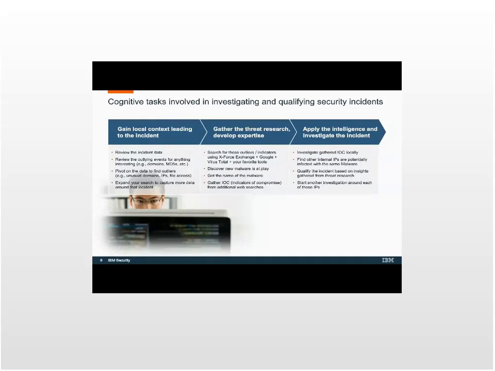When we observed security analysts, what they do first when they get an incident is they perform local analysis in order to understand the interactions, activities, behaviors before and after the incident may have occurred on their local environment, the systems that were used, the assets that were potentially affected.